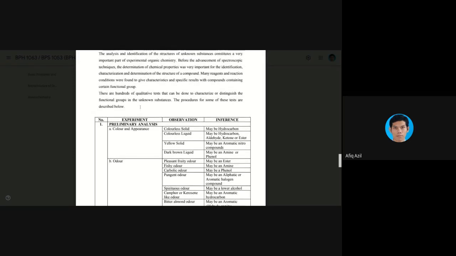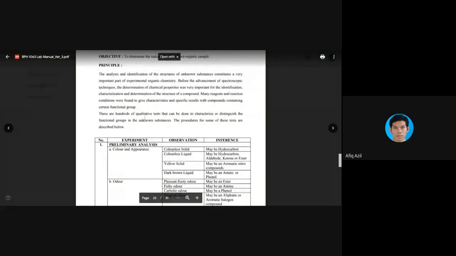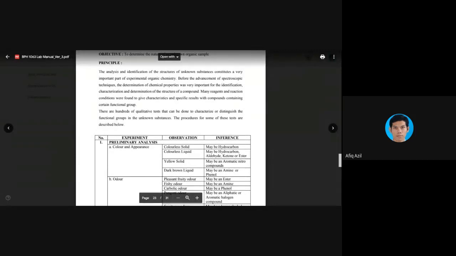So as written here, there are hundreds of qualitative tests that can be done to characterize or distinguish the functional group in the unknown substance. What have been listed below is just some of them. You can refer to an organic experimental textbook. There are many, like here it says hundreds of tests, mainly